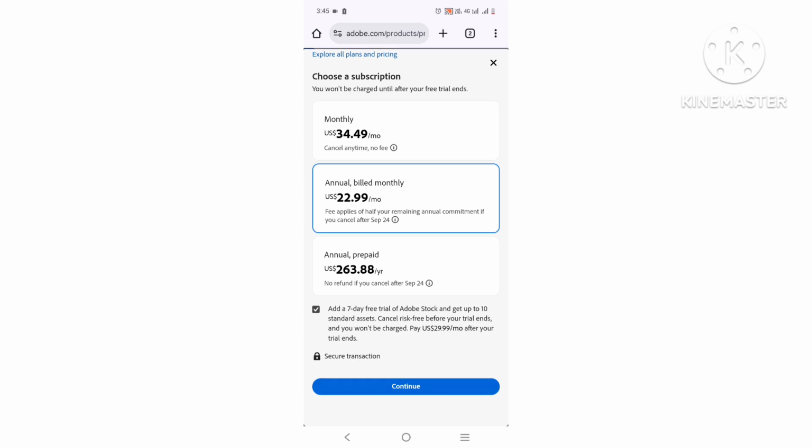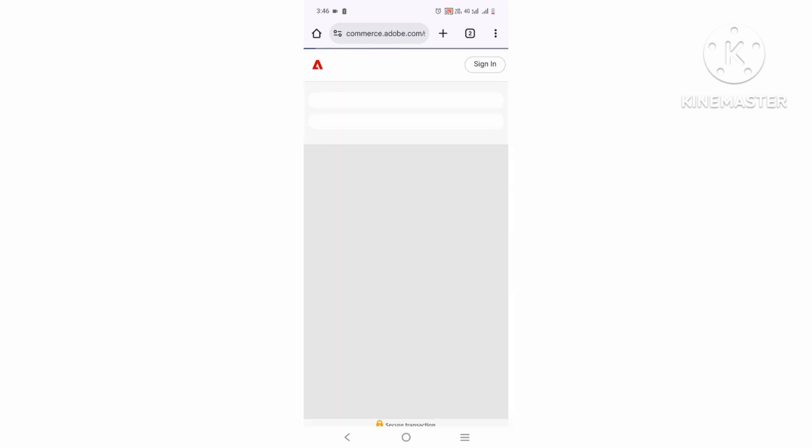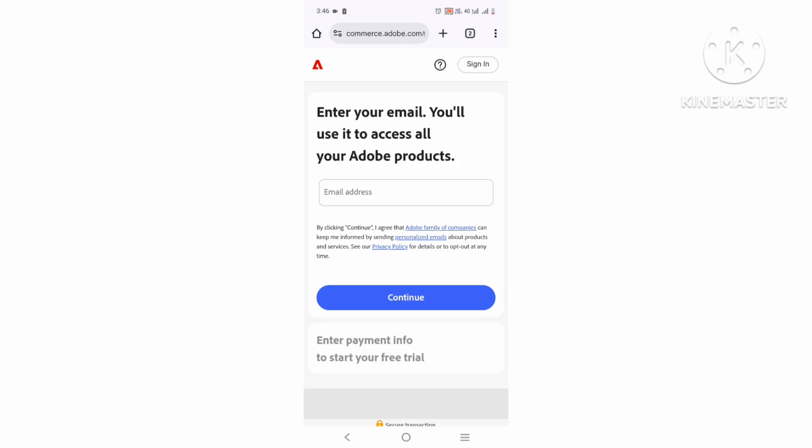Then continue. Before you download, it will take you to Creative Cloud. But if you have already signed into Creative Cloud, you will be able to get Adobe Premiere Pro in this